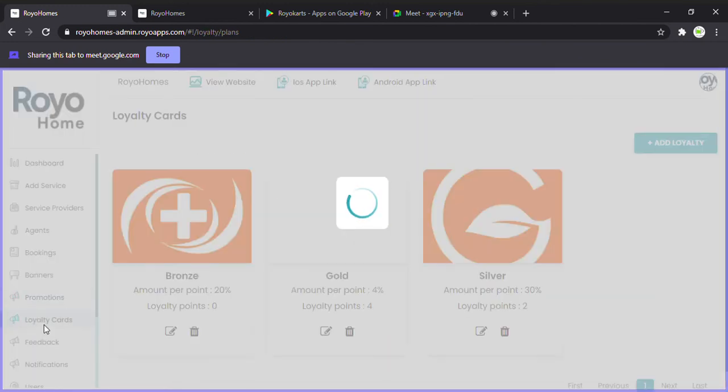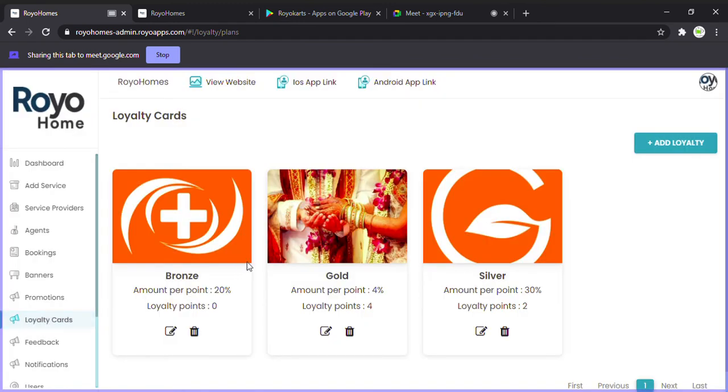Loyalty cards. So for the people who are continuously buying from you, obviously they should feel special, and it's good to take care of your customers. So there are categories. So per point 30, for example, the demo that I was showing you was on silver level. So accordingly, they can have their points rising and accordingly get the discounts.